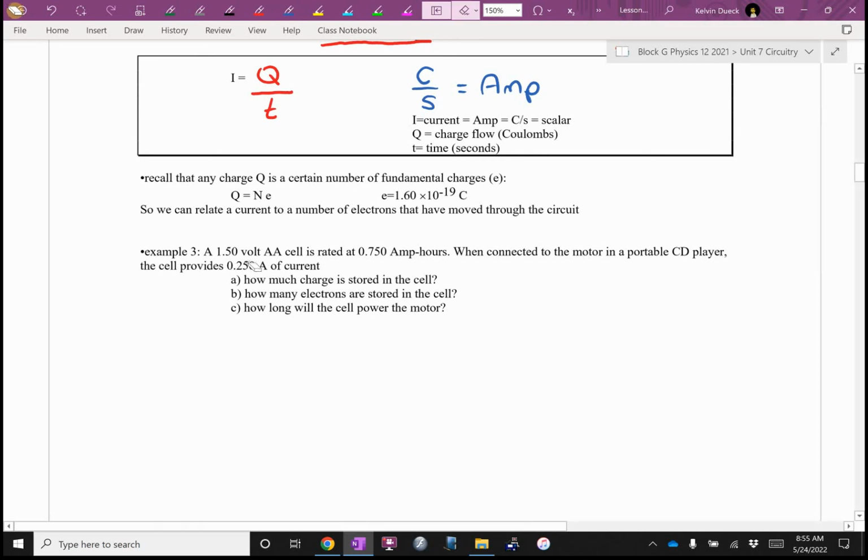A 1.5 volt AA cell is rated at 0.750 amp hours. Amp hours is not an SI unit, but it's used all the time in the electric industry because it's a really convenient unit to do math with in your head. Amp hours. Well, let's come back to that. When connected to the motor in a portable CD player,